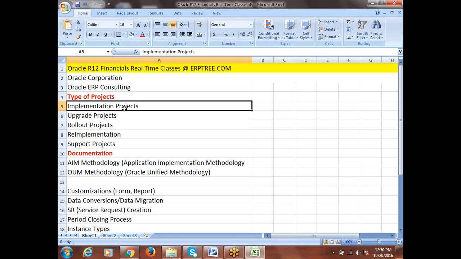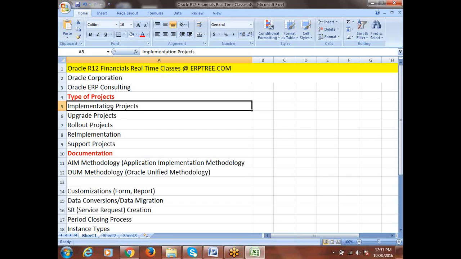And we'll be having the technical consultants, and we'll be having the DBAs. In some cases you can see techno functional. What is the meaning of these terms, and what is the role of a functional consultant in any implementation project? What is the role of a technical consultant? What is the role of a DBA in the project? What is the role of a techno functional consultant in the project? And what is the role of the project manager within the project? Okay, this and all we'll be discussing with respect to each and every type of project.